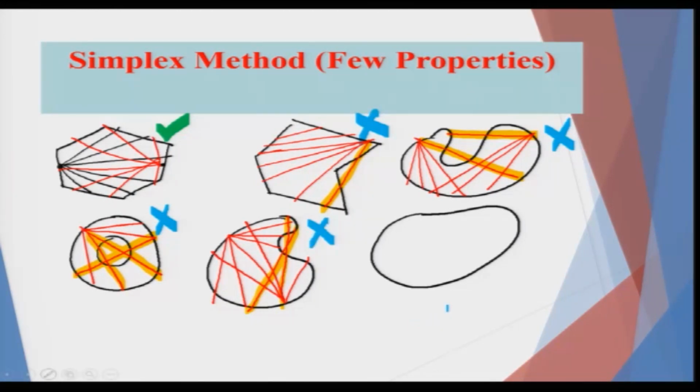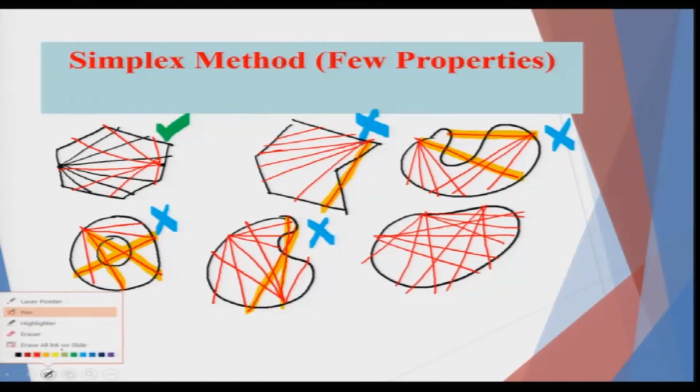For this region, I have not been able to draw the last diagram nicely, but I will try to highlight it as it is applicable. Let us consider it: any combination for this diagram is possible. So, does it meet the criteria of convexity? Yes. These diagrams can be extended to higher dimensions, but I just thought I would draw them in 2 dimensions to make you understand.